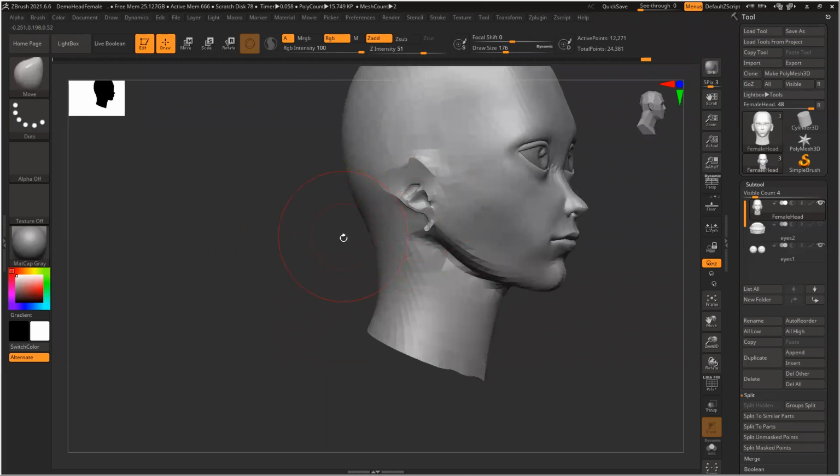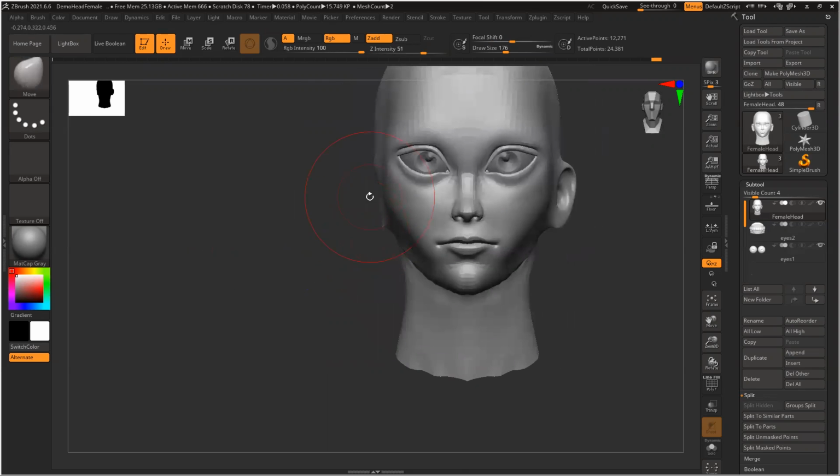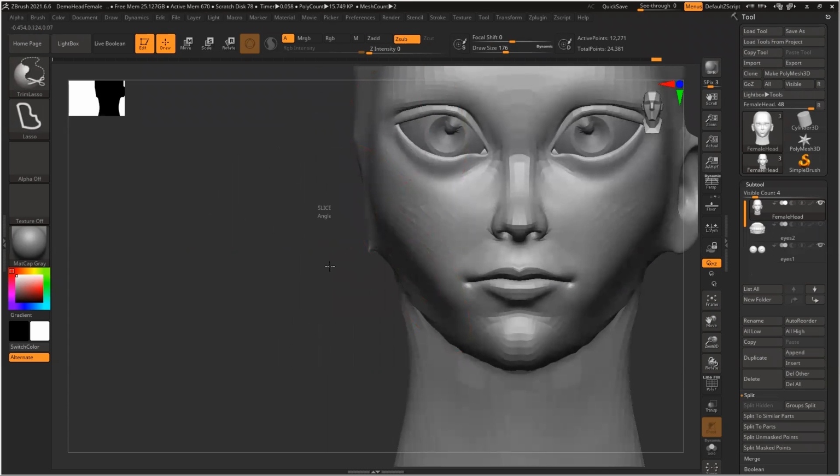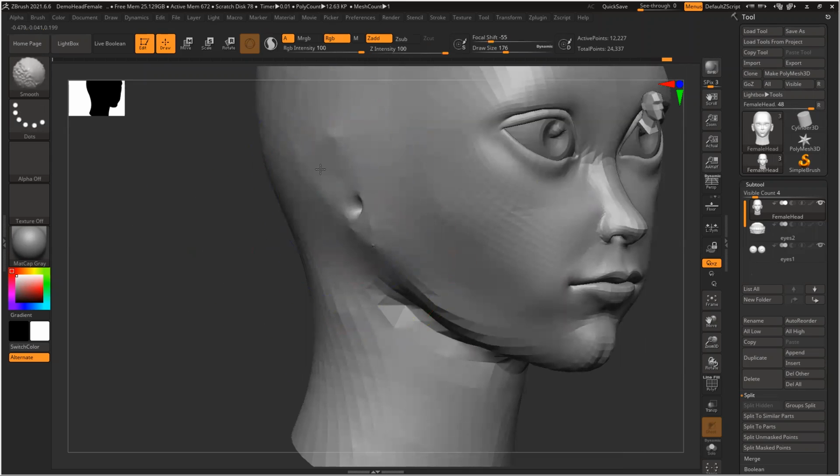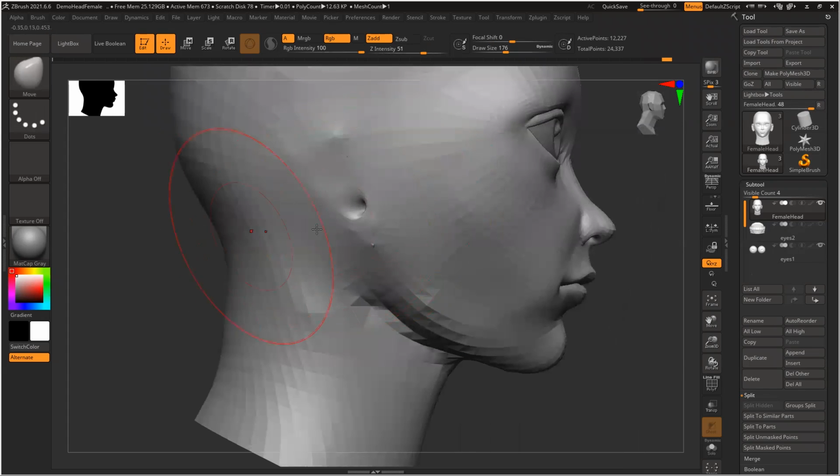Cut this. Not to worry, these things I can fix. Those things, we'll fix it.